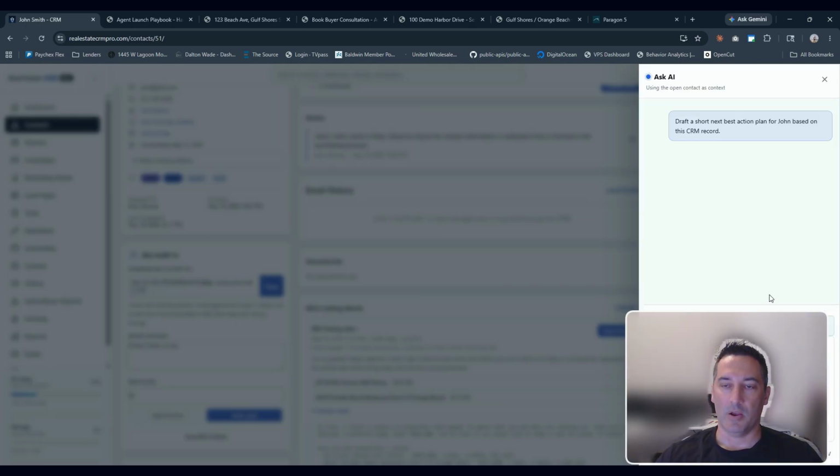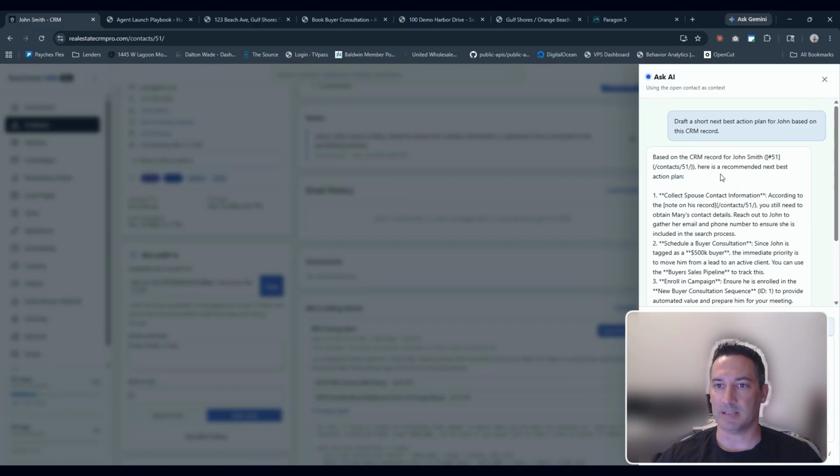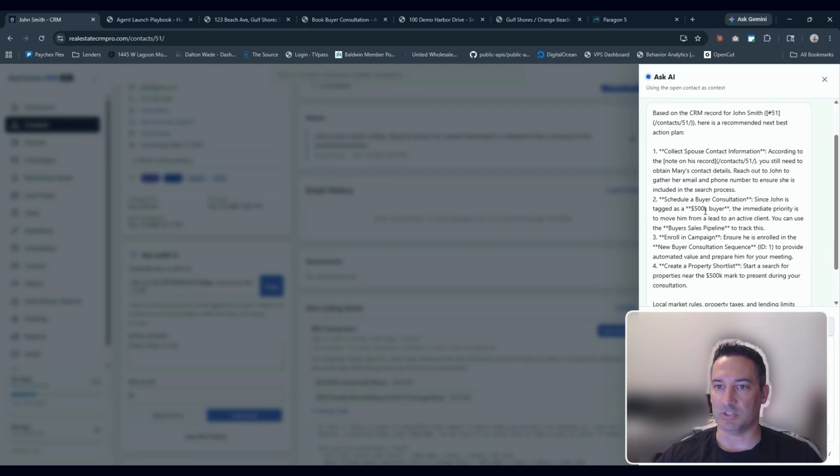You can ask AI, what's the next best thing I should do for John, right? Out of everything that you've seen in his entire client file, what needs to be done? Is there anything I'm missing doing? So now it's going to pull up these notes. It says, based on John's contact, collect spouse contact information, right? We want information for Mary. Schedule the buyer's consultation. Since John's targeting 500, immediate priority is move him from leads to active client,